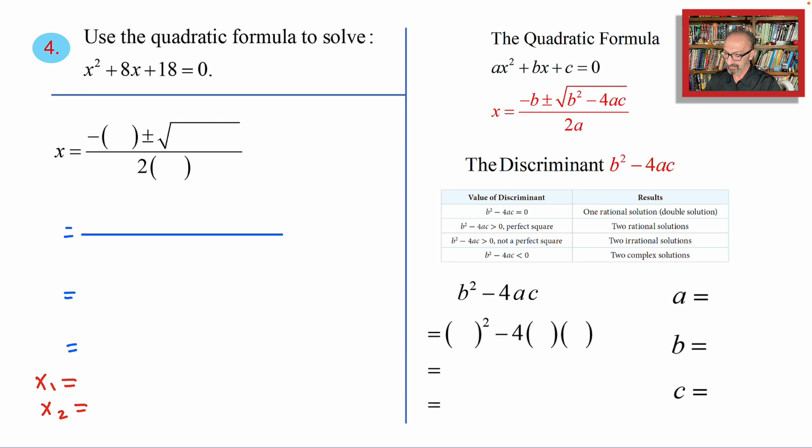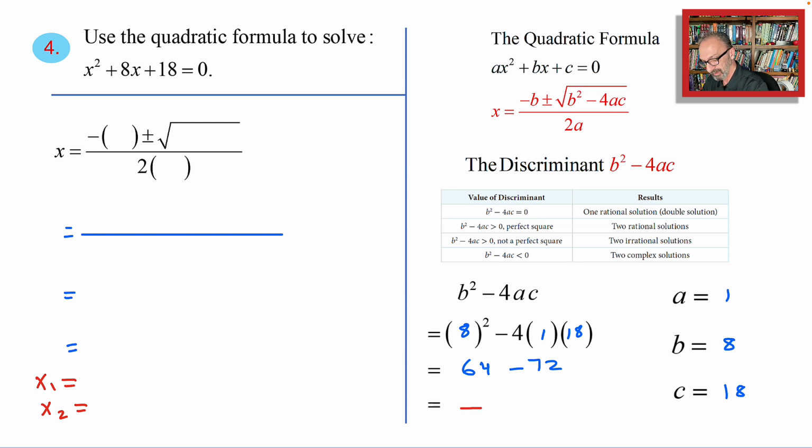Solving x to the second plus 8x plus 18 equals 0. So we have a equals 1 and b equals 8 and c equals positive 18. b squared minus 4ac, that's 8 squared minus 4 times a times c. 8 squared is 64 minus 72, 4 times 1 times 18. This time it's a negative number,